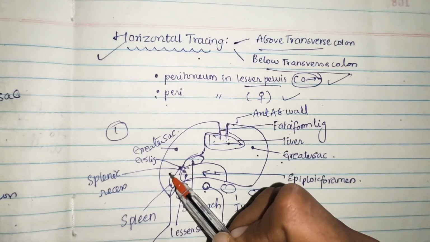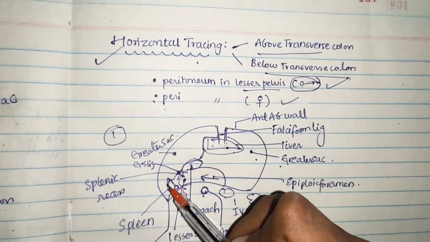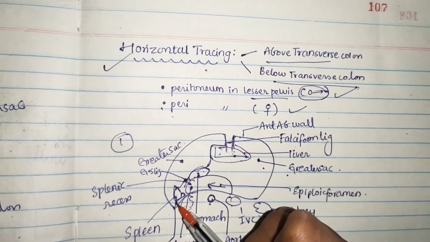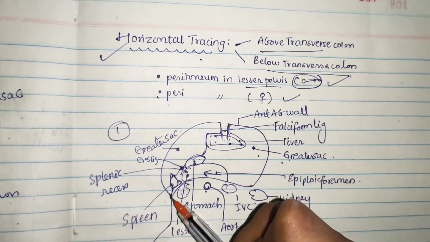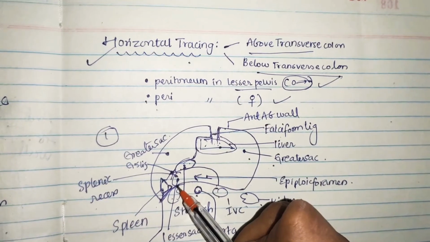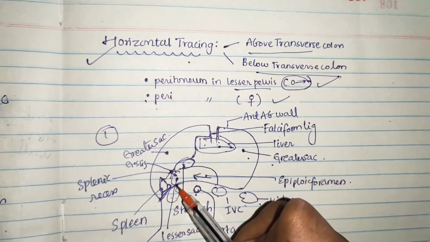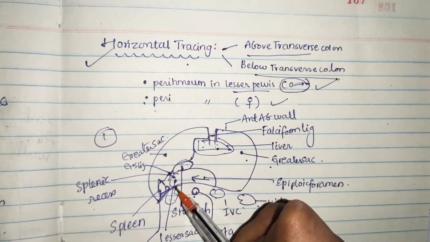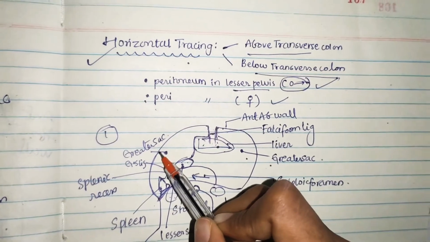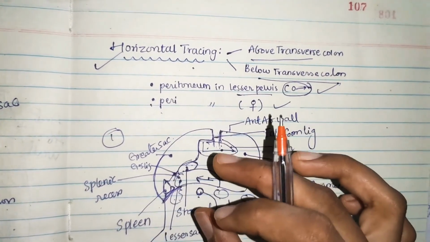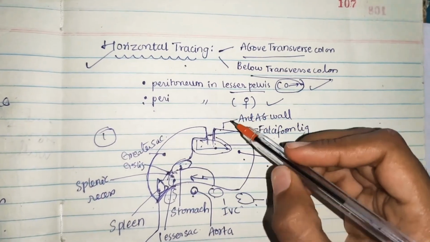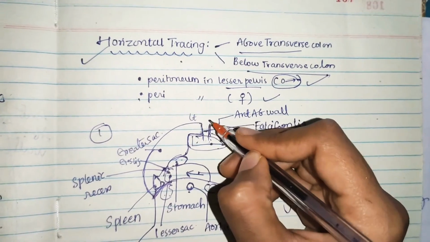After that you can see here, this is the surface of spleen. After that you have the lienorenal ligament on the back side here. After that the posterior abdominal wall in front of left kidney, here this one. Okay. And after that, abdominal wall in front of left kidney, and thus back to anterior abdominal wall. So again it will come back to anterior abdominal wall. So this is the flow of peritoneum in the horizontal section. So now the peritoneum on the right layer of falciform ligament. So we started from the left side. So let me mention here left, right.